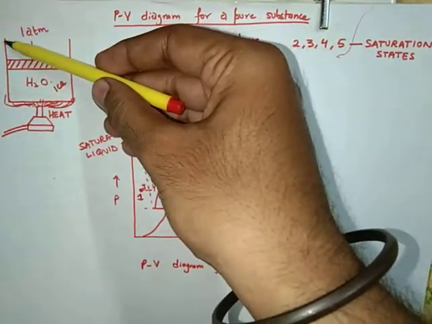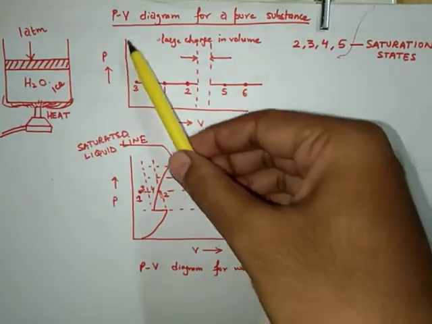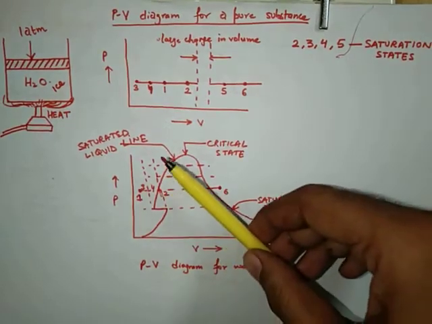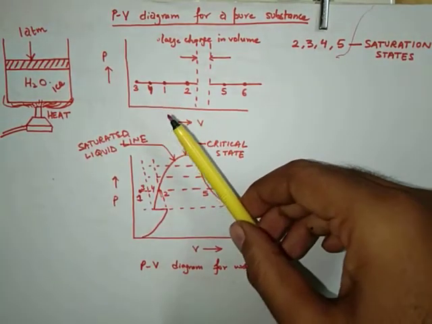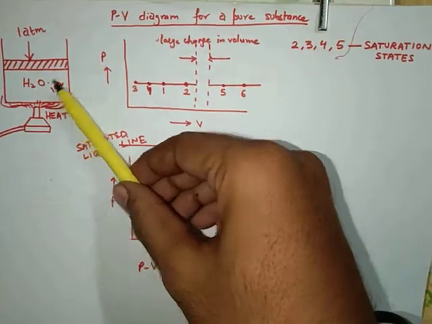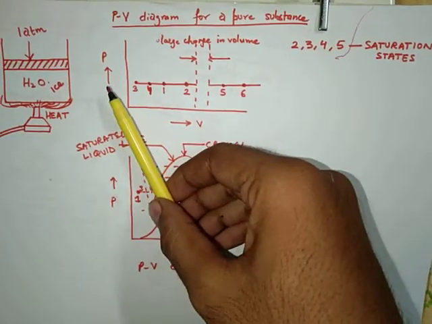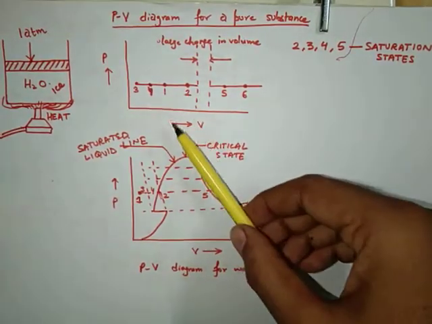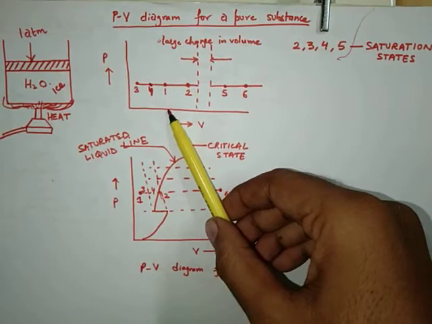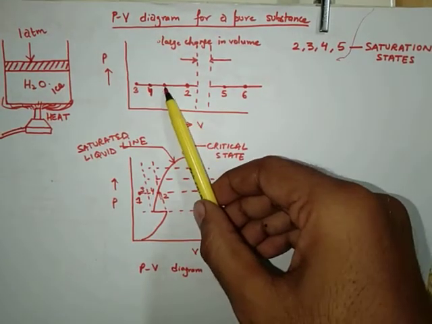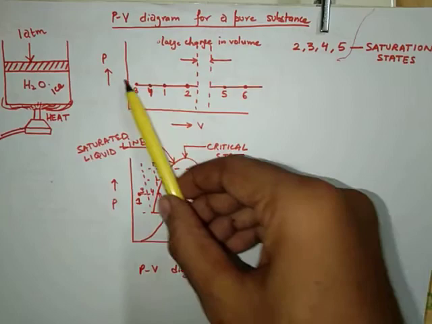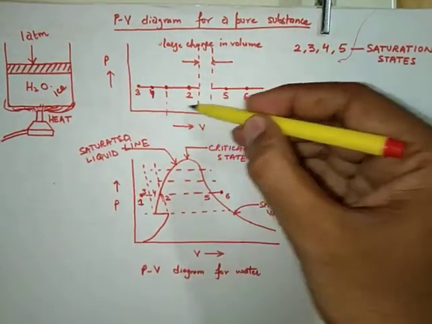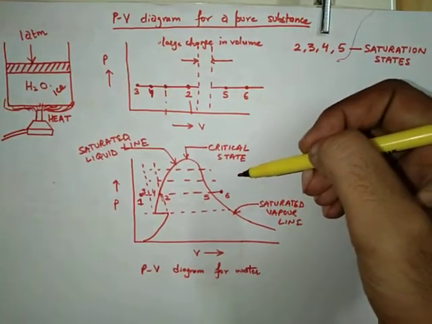So, the transformation states are plotted on a PV, that is, pressure-volume chart. From 1 to 2, the temperature of ice increases from minus 20 to 0 degrees Celsius. When the temperature increases and the ice is solid, we all know that the volume will increase. So from point 1 to 2, pressure is constant, but volume increases from this point to this point.